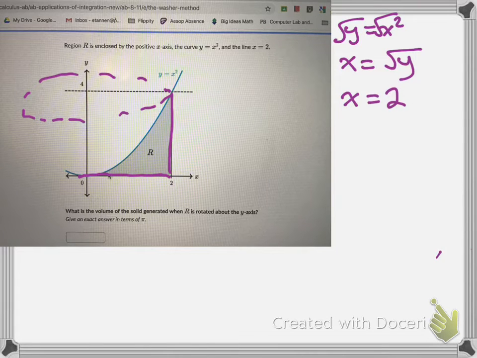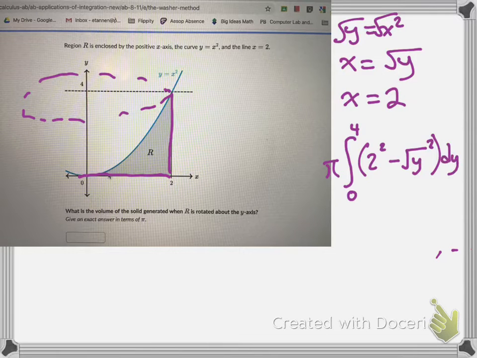we could just integrate for the y value 0 to 4. Again, I could pull my pi in front, and the upper is going to be the 2 squared minus the square root of y squared dy,